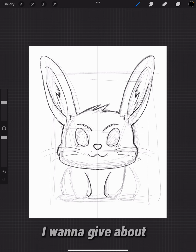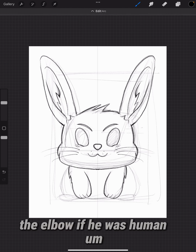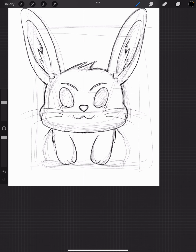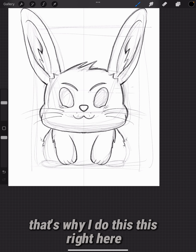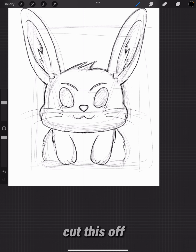I want to give about 3 fingers on the pole, and I'm going to give him a little bit of a fluff where he would have had the elbow if he was human. I want to give him a little bit of fluff to show that he's fluffy. That's why I do this right here, just to give him a little bit of a fluff in there. Cut this off,